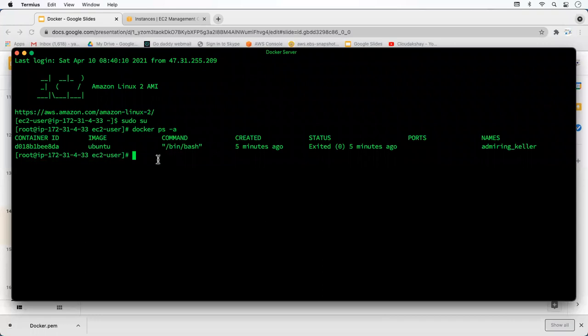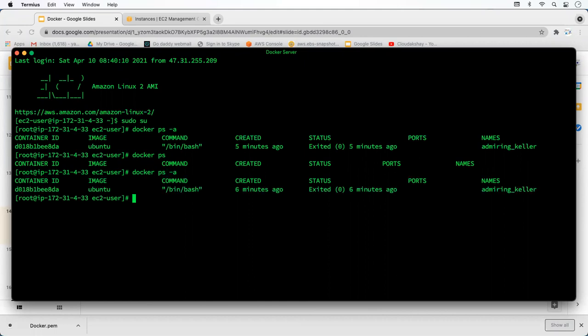To check the running containers, just simply type docker ps. This will show you the running containers. And to check stopped and running, all containers, docker ps -a. So one container exited 6 minutes ago, and the name is admiring killer.